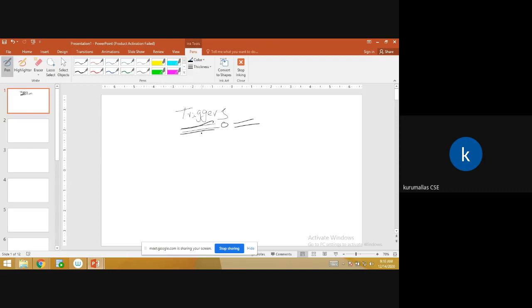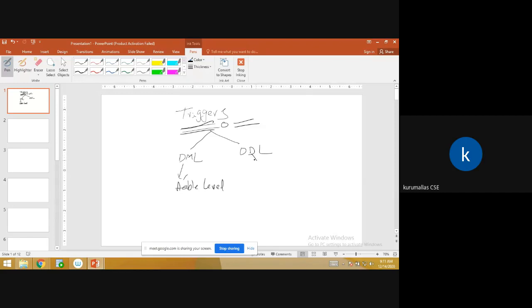We have two types of triggers. One is DML triggers and the other is DDL triggers. DML triggers are done at table level, table level triggers.